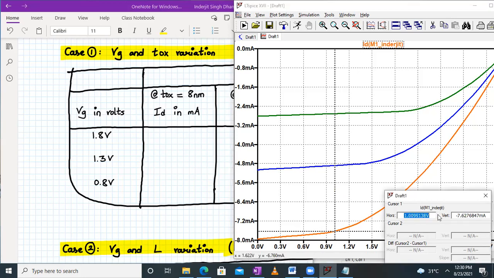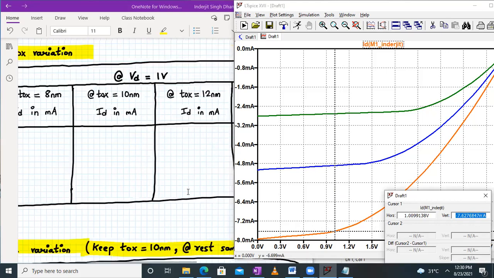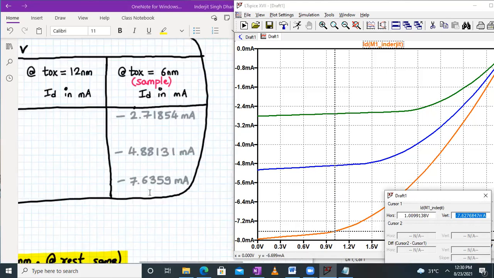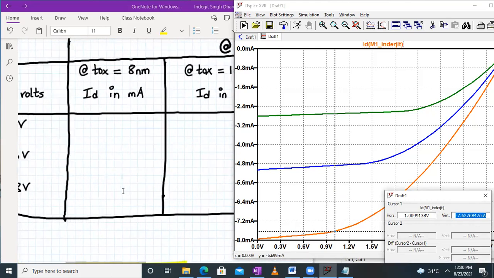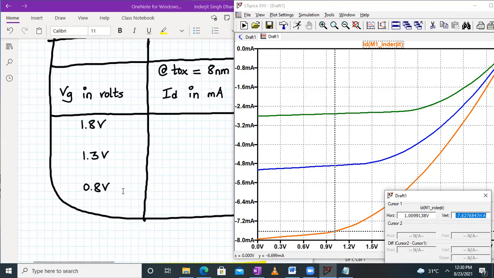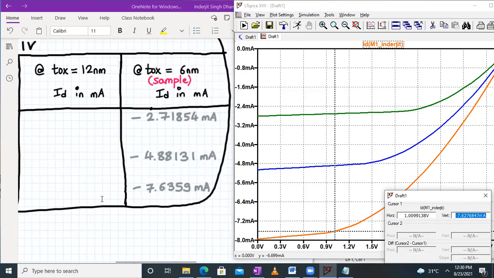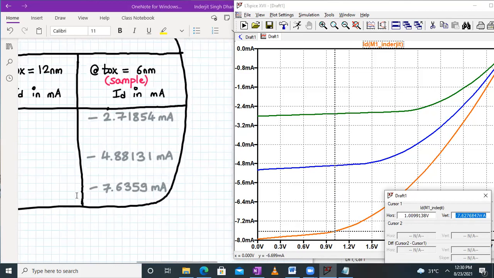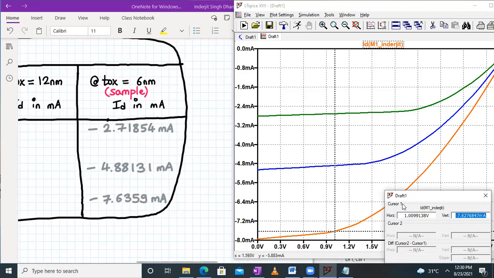This is the value of VD at which my value of the drain current is minus 7.62 milliamperes. As you can see, this number. So here it is coming up, right? This is the value at VG equal to 0.8 volts. So at VG equal to 0.8 volts, my value of the drain current at drain voltage equal to 1 volt is minus 7.6359.